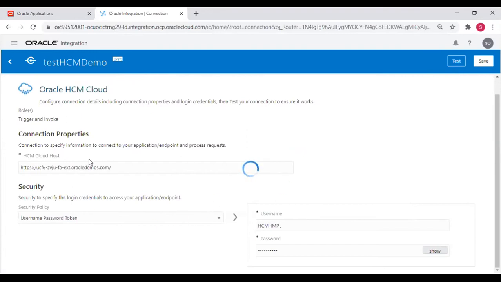So this will just test the connectivity to this particular URL, and nothing else will be done here. Everything else has to be done by ourselves while we do the integration, right? So this is tested successfully. Now I'll just save this connection also,